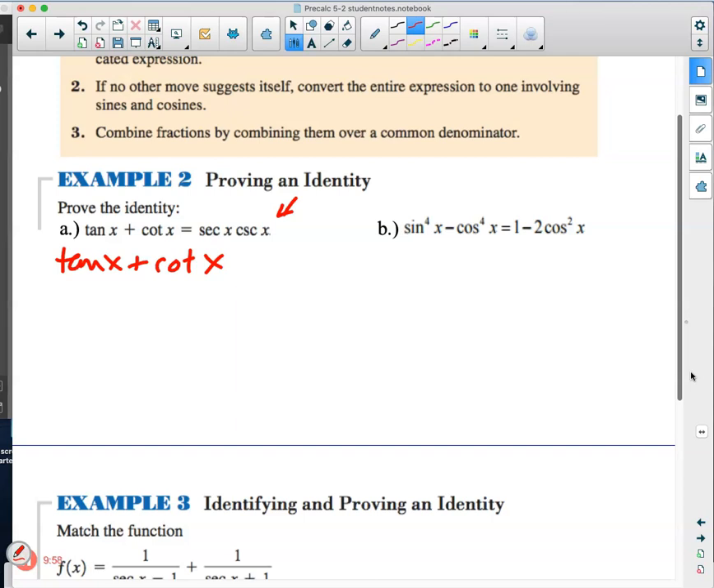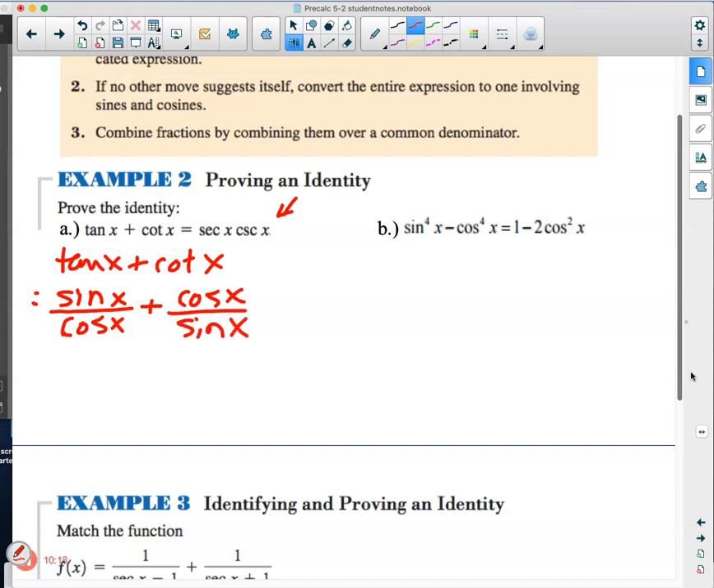Well, maybe I better think about sine and cosine and how that would work. So with tangent, it would be sine of x over cosine of x. And cotangent is just that upside down. So cosine of x